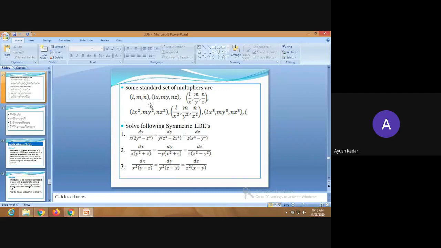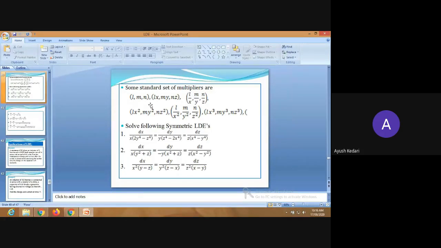So if we cancel out that x, y, and z, will it be applicable? Check. Cancelled out means 1 by x, 1 by y, and 1 by z. Please check. Is it applicable? This is how we have to try, actually, by trial and error only. We have to think. Is it applicable, 1 by x, 1 by y, and 1 by z?